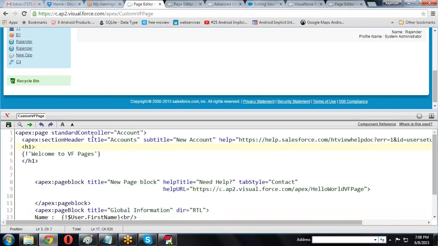So here instead of this, I am using controller equal to custom Apex or student controller.